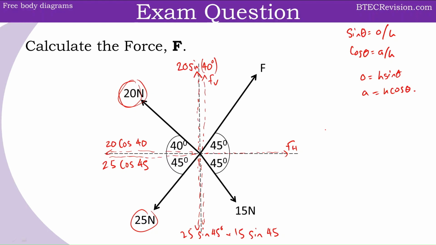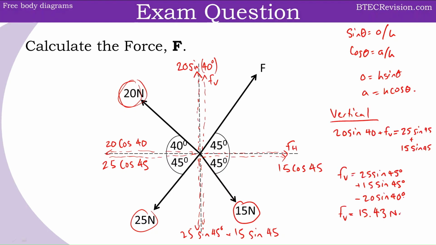And the last one is the 15 newtons of force, which is 15 cos 45. It's equal to 15.43 newtons. Now we can look at the horizontal,